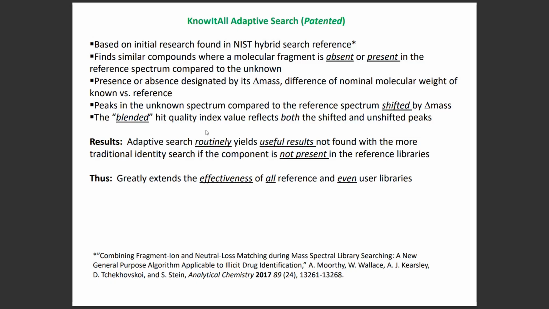The result is that the adaptive search routinely yields useful results not found with the more traditional identity or similarity search if the component is not present in the reference libraries. Thus, it greatly extends the effectiveness of all reference and even user libraries. In my personal experience, I've done over 40,000 Wiley adaptive or NIST hybrid searches, and I've been routinely amazed at